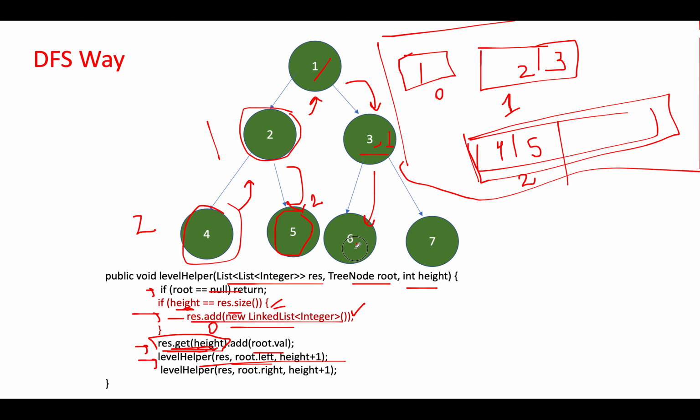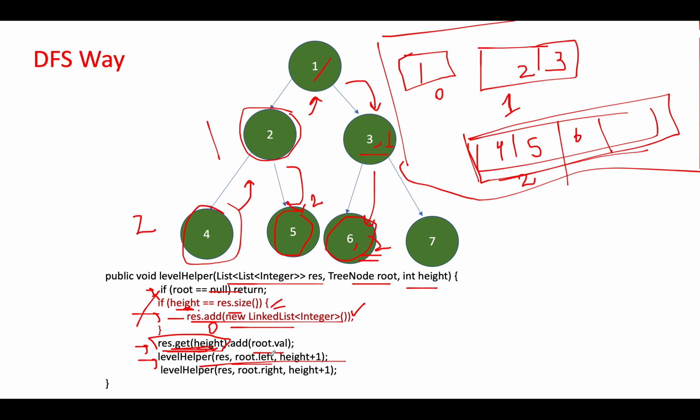So we go here. So 6, 2, the value of height that will be passed would be 2. And let's continue the iteration. The height value is 2 and size value is 3. It's again a mismatch, so this doesn't mark the beginning of a new level. So we'll extract the value at the second index and add 6 to it, so 6 gets added.